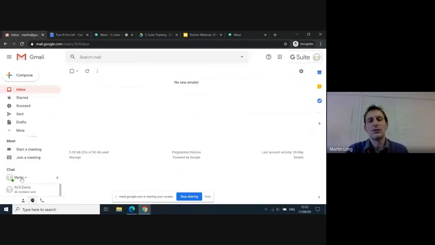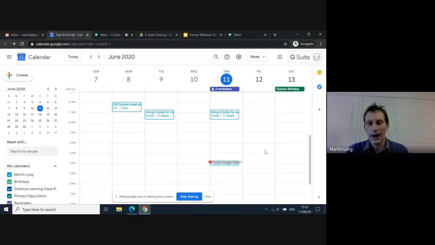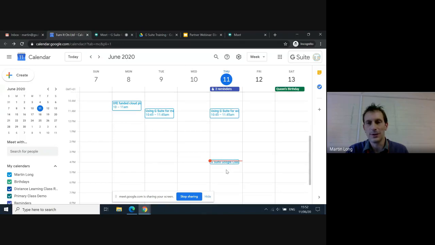If you're going to use a chat, it's normally for sending a quick message to a colleague. You wouldn't use it for chatting to pupils for safeguarding reasons, but if it's something more formal, you still use an email. So first of all, we'll look at how we're going to set up a potential meeting and